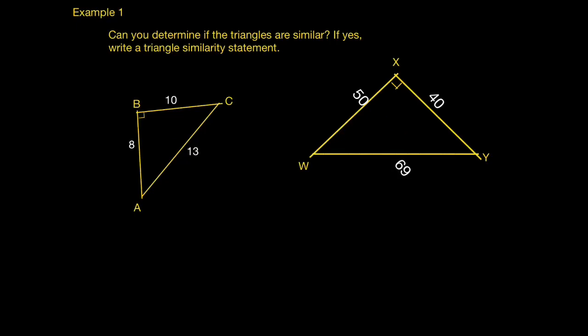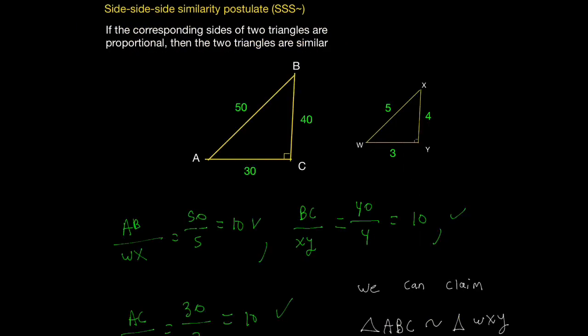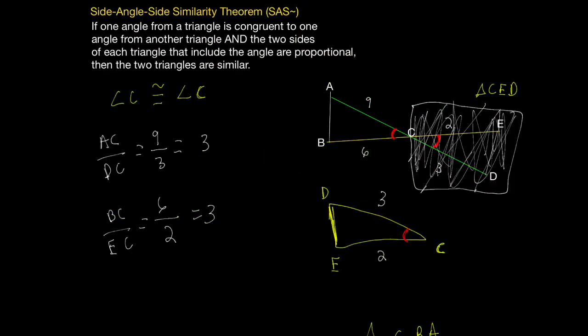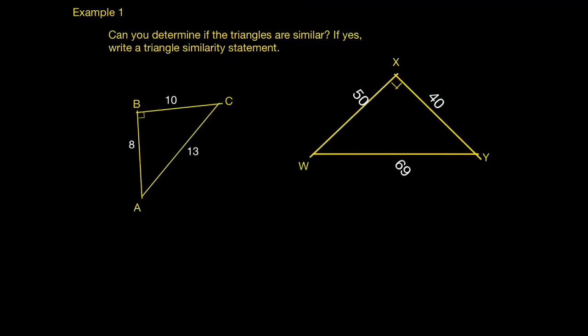So if we take a look back at our tests, the side is the one that appeals the most because this one requires the usage of lengths. So that's what we're going to use for this example. First, we need to make sure that both triangles are facing in the same direction, and I'm going to do that by flipping this triangle, WXY. And I'm going to make use of the lengths in order to dictate the direction in which I'm going to